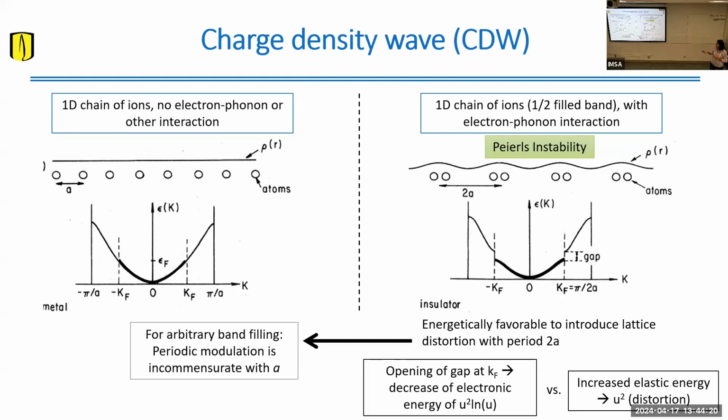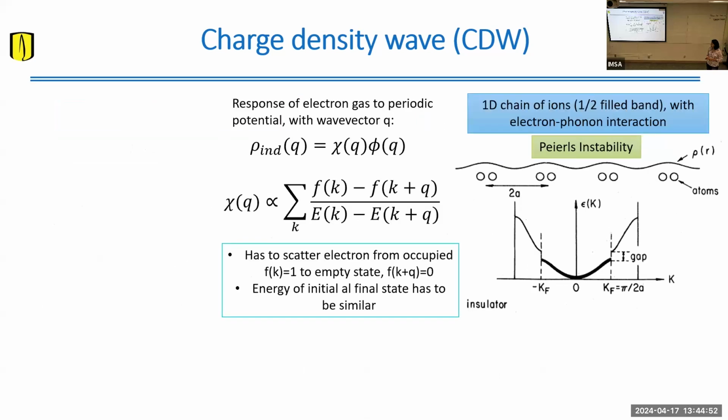So if you have, like in this case, a commensurate charge density wave, meaning that the new periodicity that you get is an integer number of the lattice periodicity that you had originally. But this happens only for very special fillings of your bands. If you have any type of filling, or a more complicated Fermi surface, you generally get what's called an incommensurate charge density wave, which has a new periodicity that is not an integer multiple of your lattice periodicity.